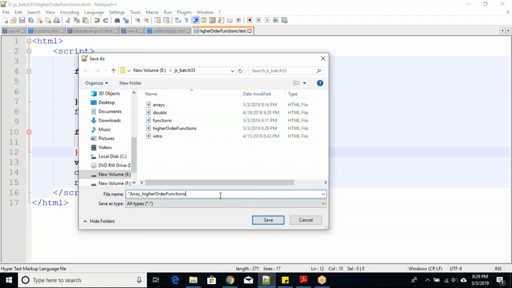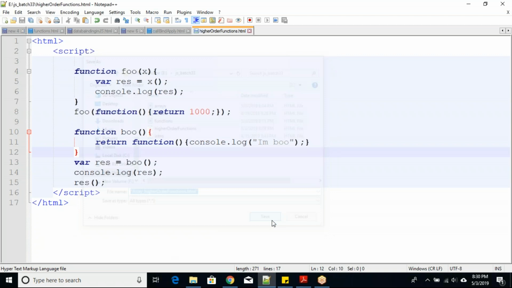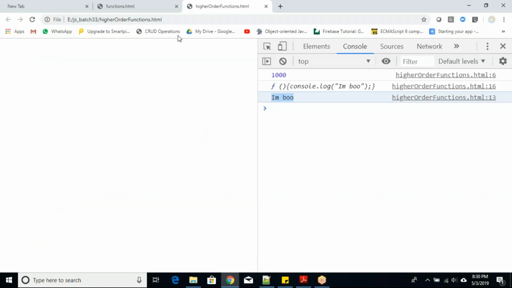So what is the definition for the callback function, Praveen sir? A callback function is a function which is passed as an argument. Okay, thank you.